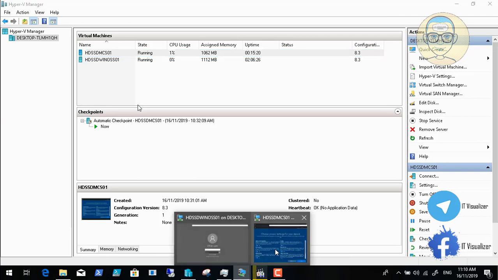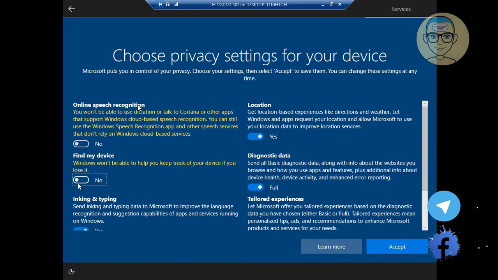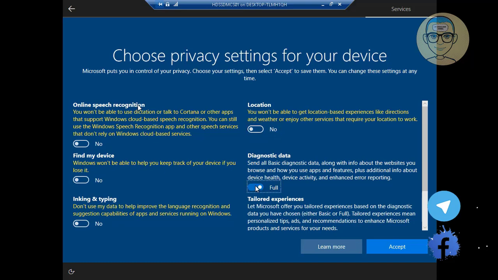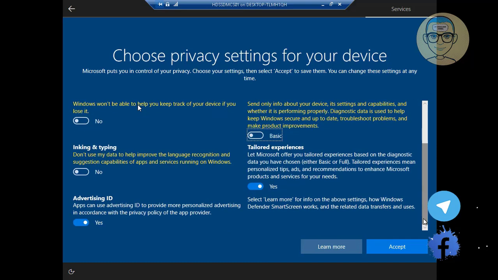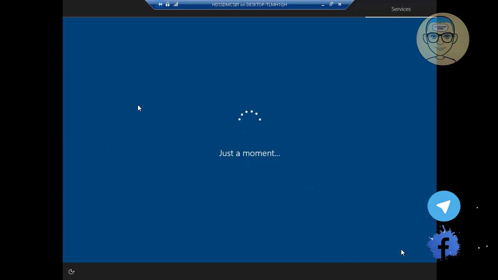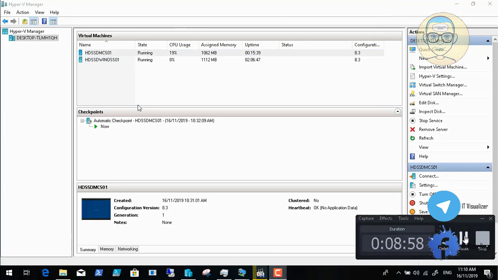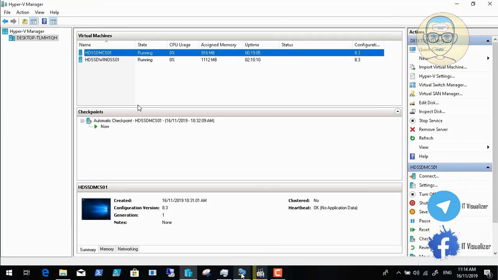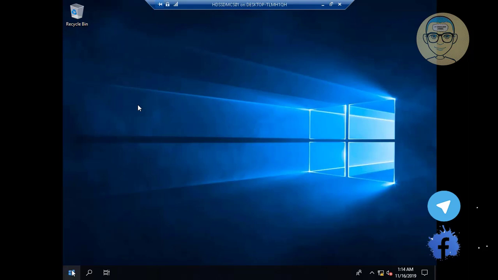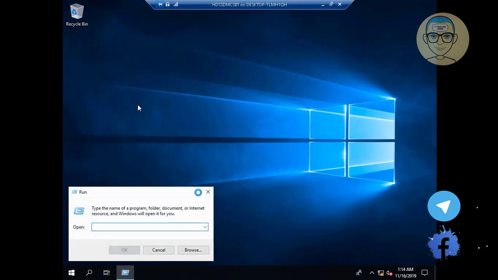what you will do here, we need to close all of the online services because you are in a production environment, so you don't need your location to be published, your diagnostic data, your advertising ID. All of this is best practice to close, because they are all online services, or services related to the internet which publish some of your workstation IDs, so it's not best practice to leave them opened. Anyway,